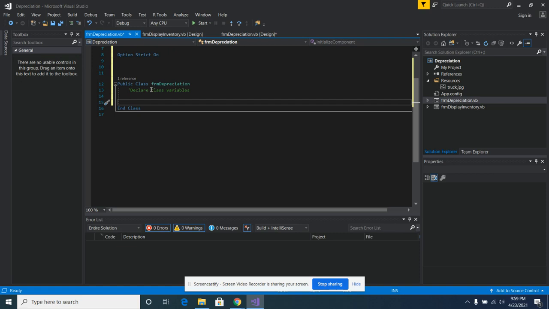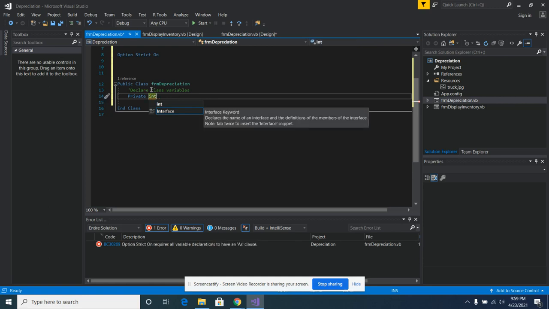We could do the private ones with just a dim, but since we are declaring some as public, we'll declare them as private and public, just so we see that distinction as we're going through here. So I'm just going to say private